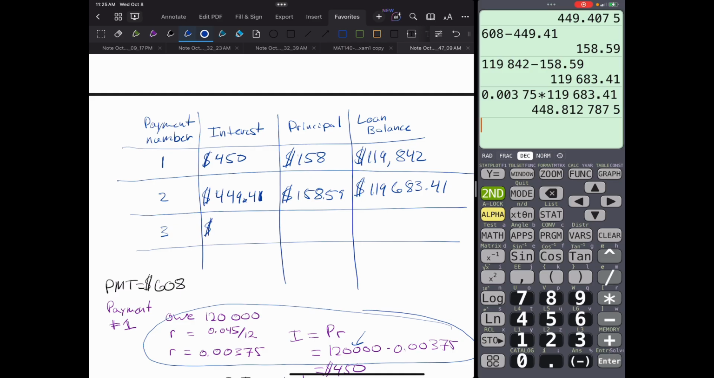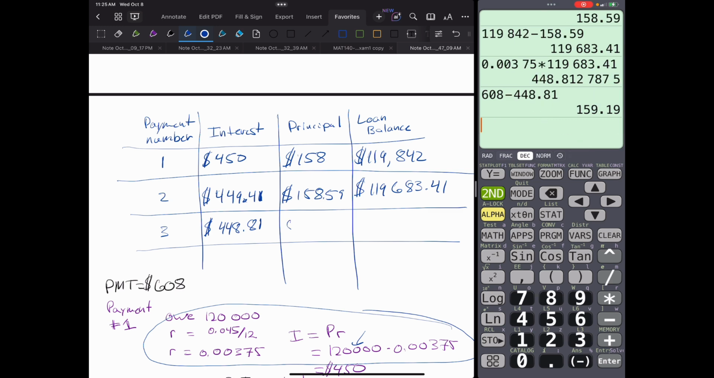So now I have $448.81, and so now I do my 608 minus that answer, 448.81. That's going to give me 159. Again, slightly more of my payment is going into principal than last month because I borrowed slightly less money for that month. So from that fixed payment, slightly more of that fixed payment can go into the principal rather